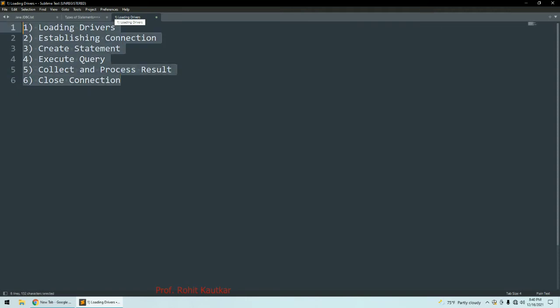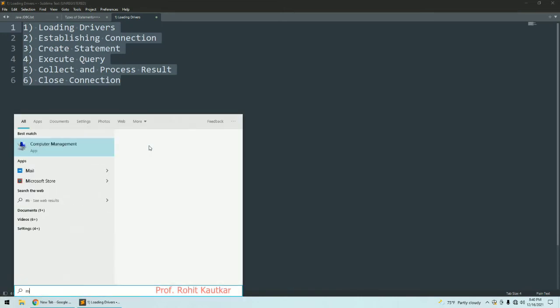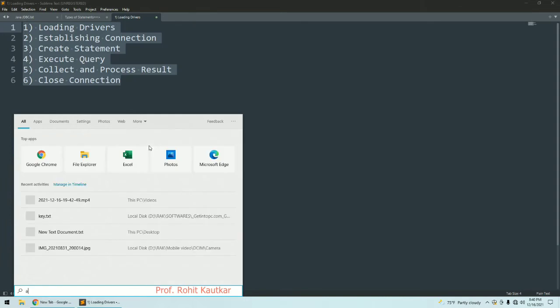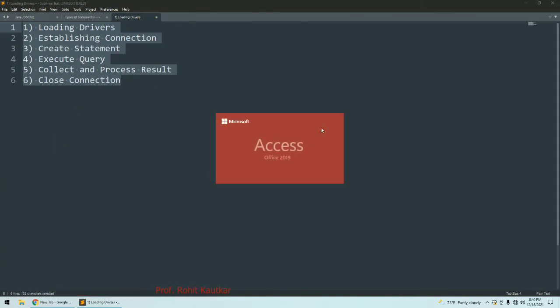Now I will discuss one basic example where we will follow all these 6 steps in order to establish a connection with an MS Access database. For that, what I will do is create, first of all, one sample database. So I will open MS Access over here first of all.